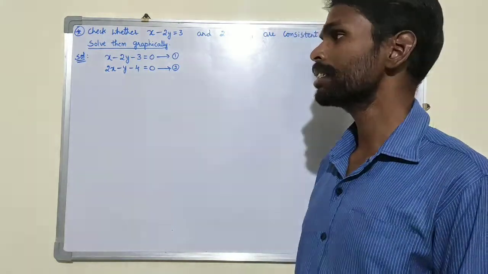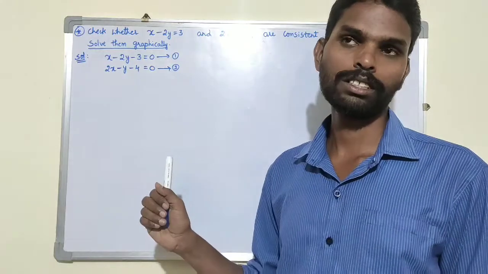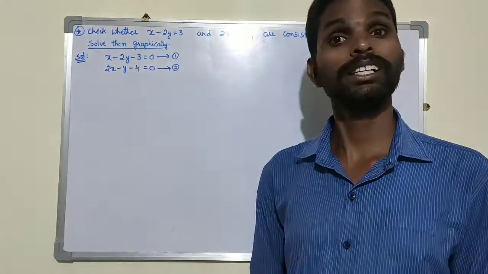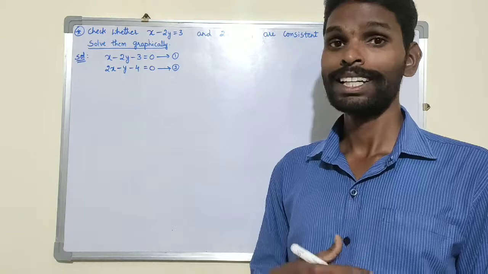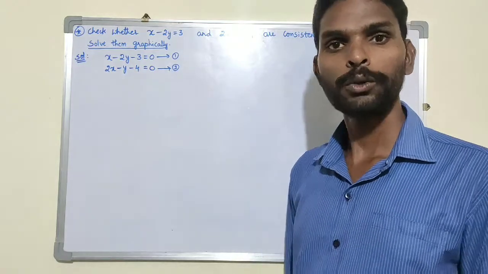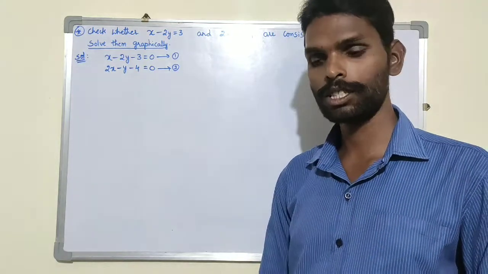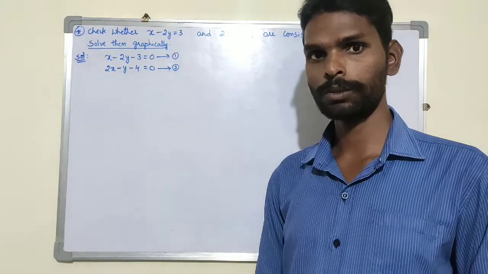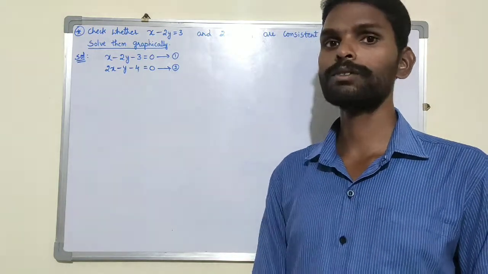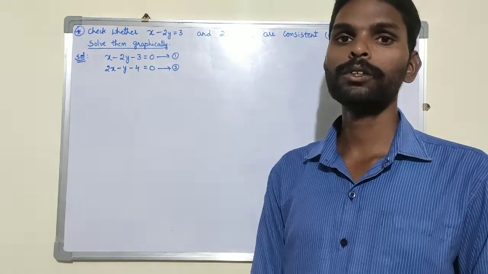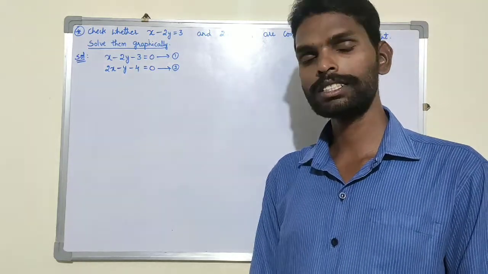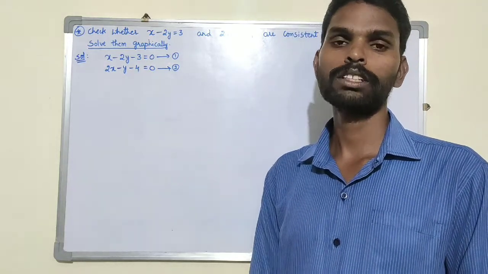There are some cases, if the lines are coincident, for example, suppose if I take x value 0, I will get y value also 0. In that case, you need to take other values for x. Suppose I take x equal to 0 and I get y equal to 0. Then take x equal to 1, and definitely you will get a different value for y. Or else take x equal to 2.